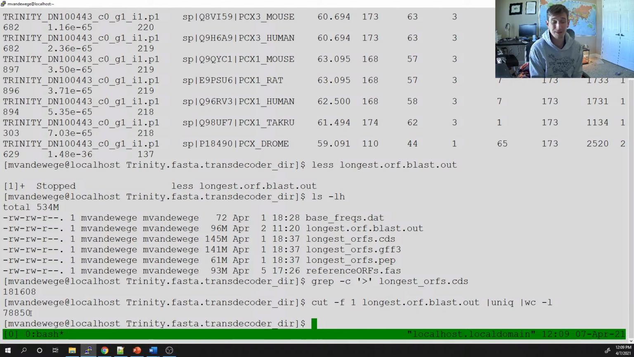And still, we have a lot of sequence to work with. 78,000 transcripts is probably pretty close to what I would expect in a protein coding transcriptome, given about 10,000 different genes and several possible transcripts per gene. All right. And so, if we see how many actually unique genes were annotated, we can more or less do the same thing